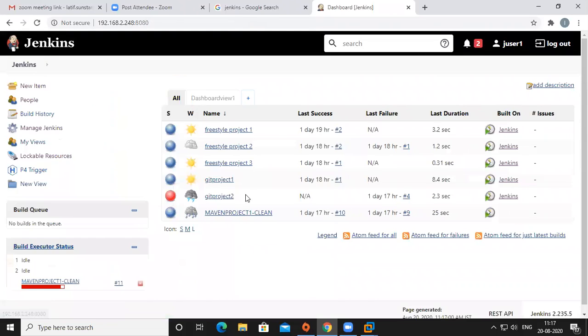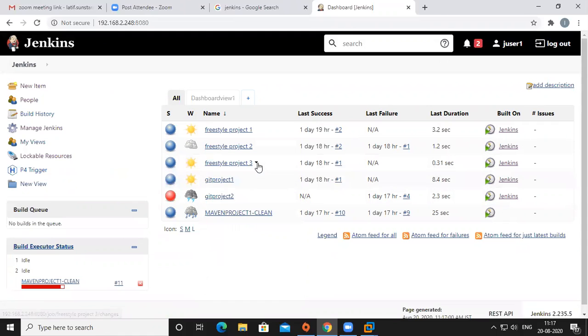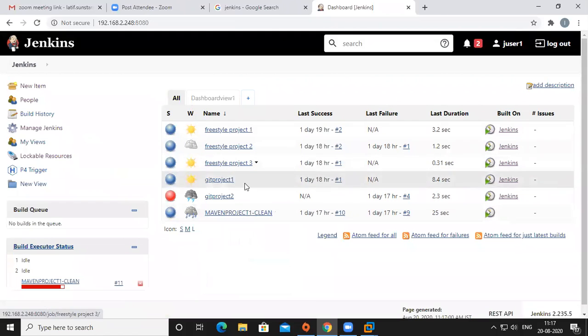These other projects don't have that full stage view. See, the full stage view is not there here, because these are freestyle projects, but this is a pipeline project. I created that project as a pipeline project, day before yesterday actually.